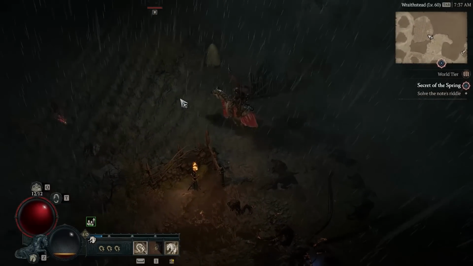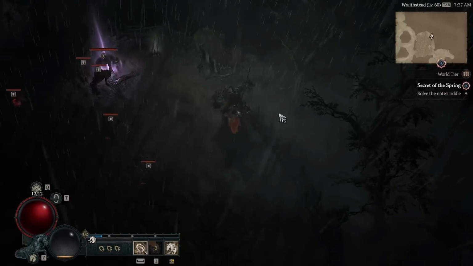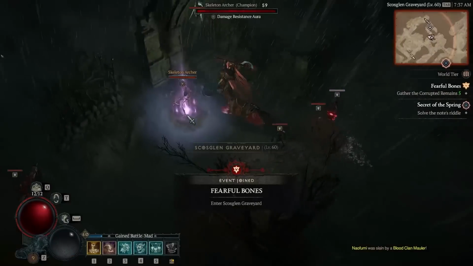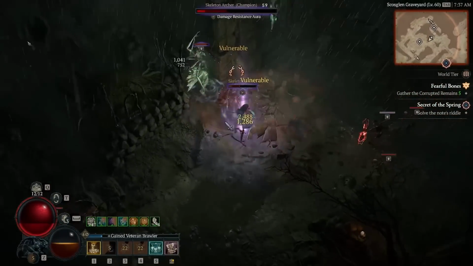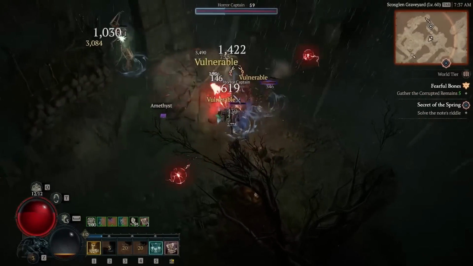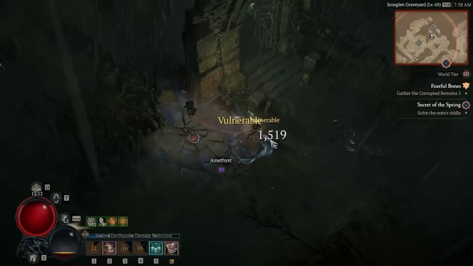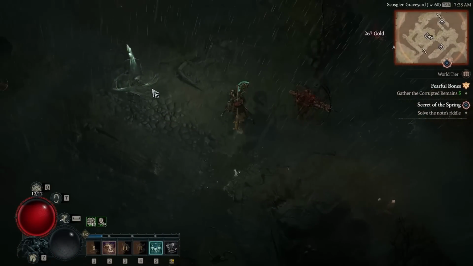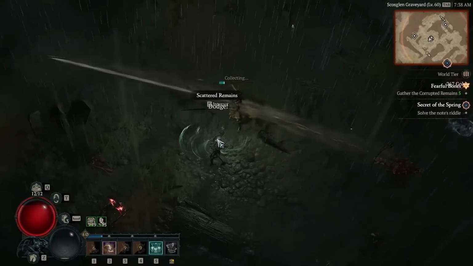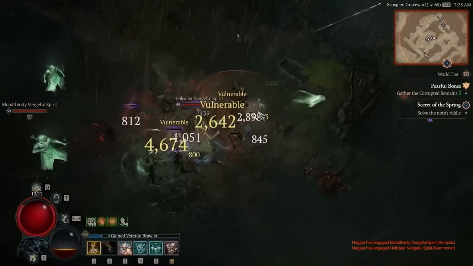So the new patch 1.1.1 for Diablo 4 has been out for an entire day now, and the community is already giving their feedback on the patch, including some problems they're experiencing ever since the patch released. I'm going to go over that in this video, as well as details on a new hotfix that will be releasing today. And then there is a big discussion going on around replaying the campaign at a higher difficulty level,